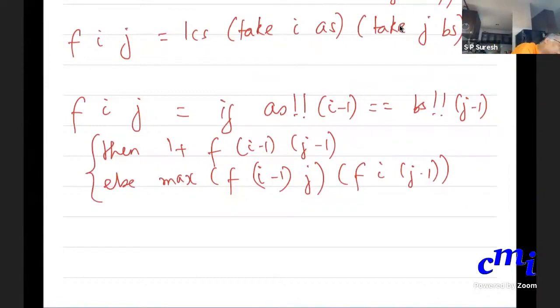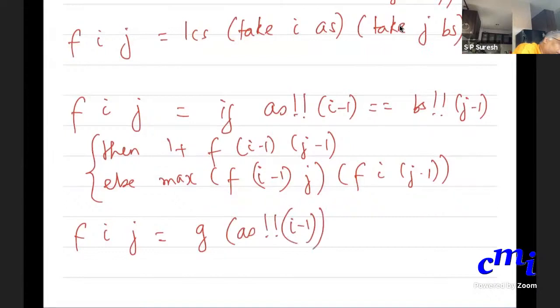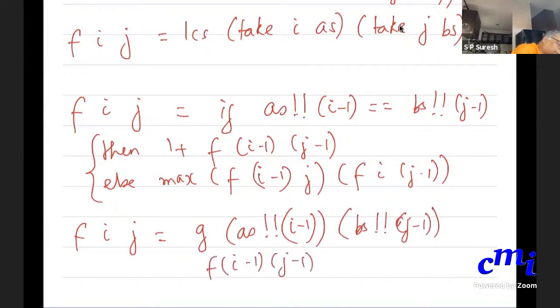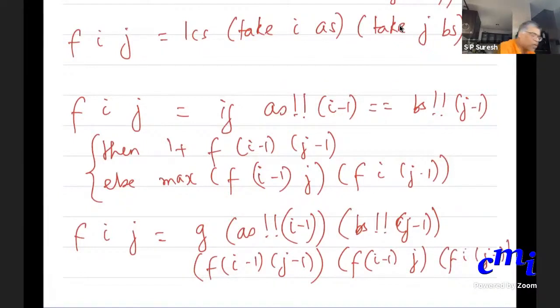I'm going to write it as Fij equals g of this thing.